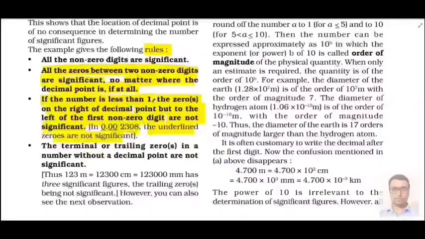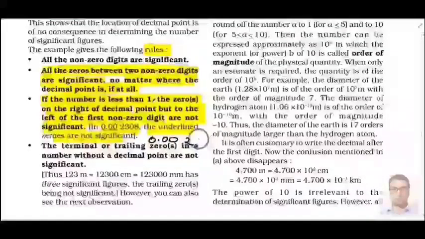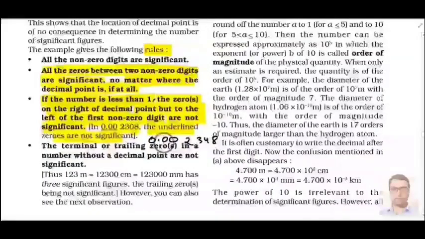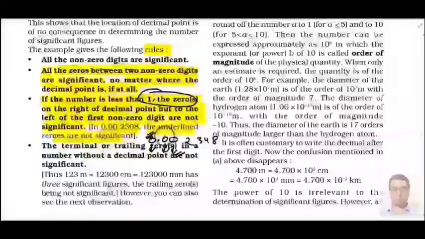It means to say, if you have any number like this, 0 point something, 0 and 2, 3, 4, 8, and here we don't have any non-zero values before them, then all these 3 zeros will not be treated as significant digits. The first line, number should be less than 1, means what? This is the first place, before the decimal we should have 0. Only then we can say it is less than 1. So these 2 zeros which are on the right hand side of the decimal will not be treated as significant digits.